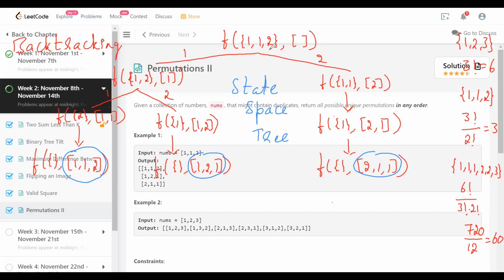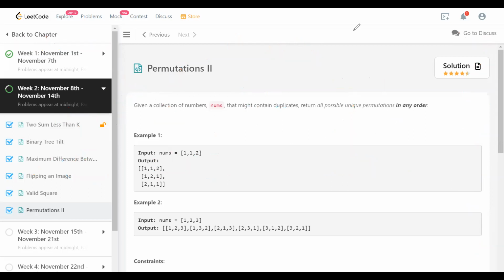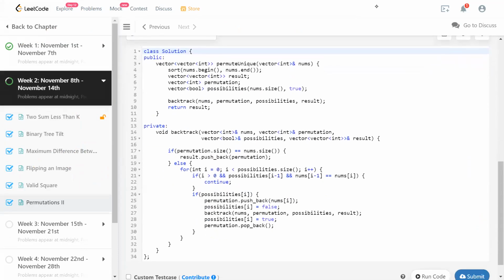If I consider all of them, I'm going to have permutations as in the case where all the symbols are distinct, right? But I don't want it that way. So that's why I'm going to keep it sorted and make sure we do that, right? So this is the method I'm going to use. Let's go to the code and see how we can actually implement that. Otherwise, the whole of the method is already kind of clear.